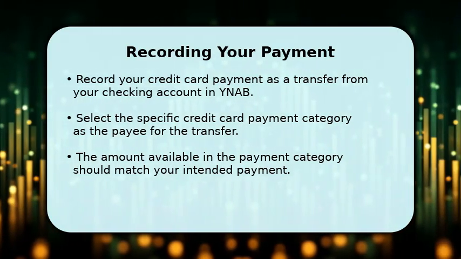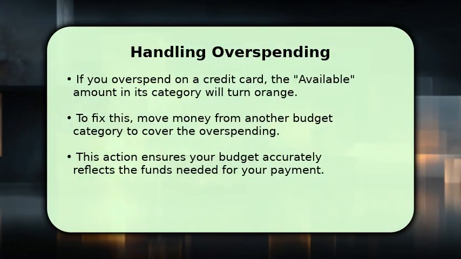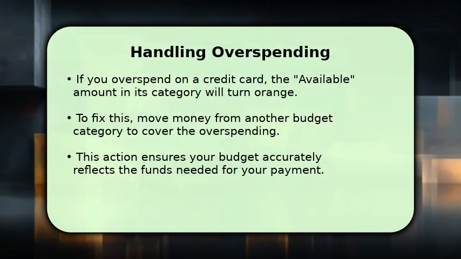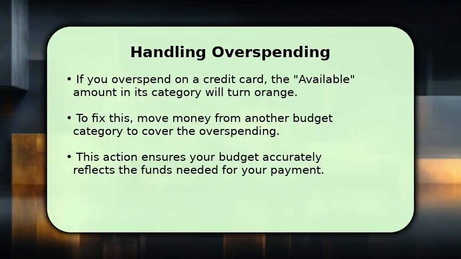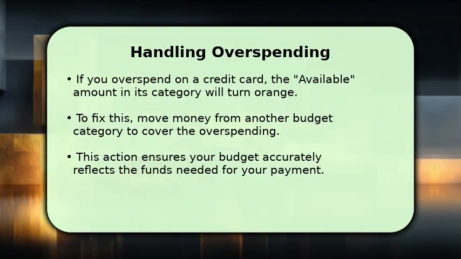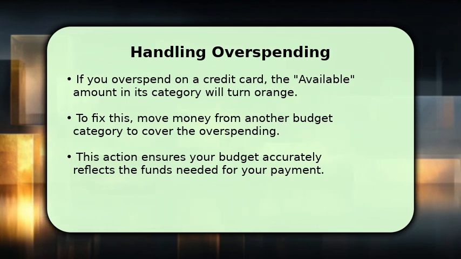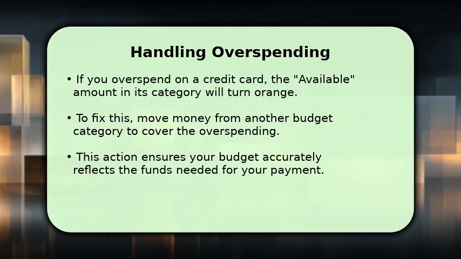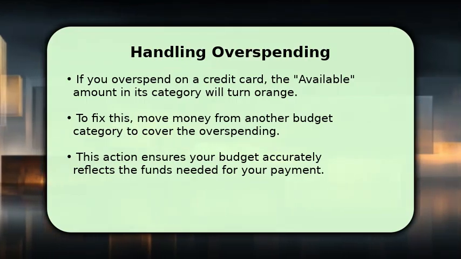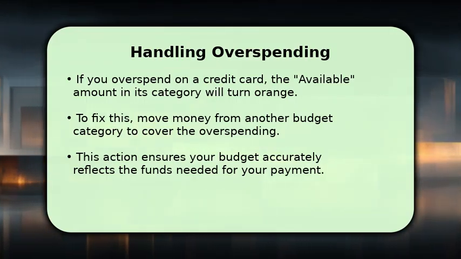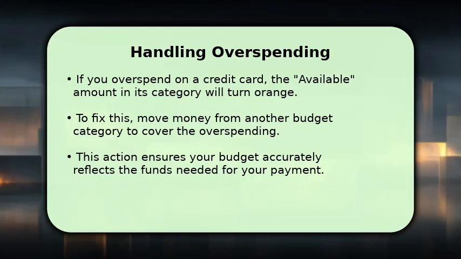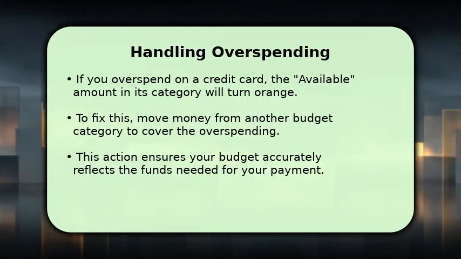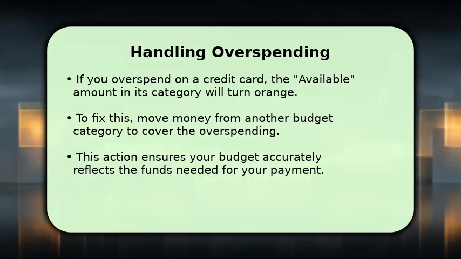your budgeted spending. Sometimes, you might accidentally overspend on a credit card. If this happens, you'll notice the available amount in your credit card payment category will turn orange, indicating a problem. To resolve this, you need to move money from another budget category where you have available funds. This reallocates money to cover the overspending, ensuring your budget is accurate and you have the funds ready for your